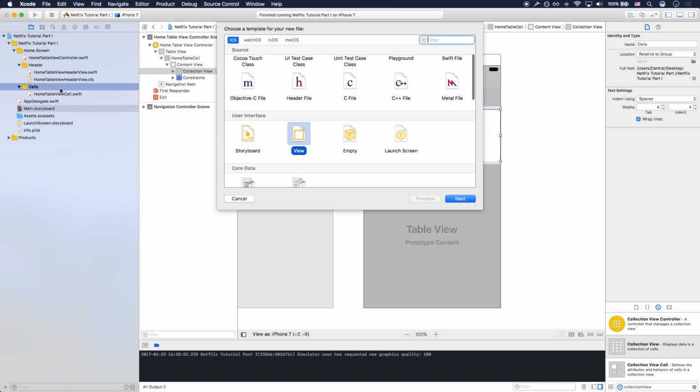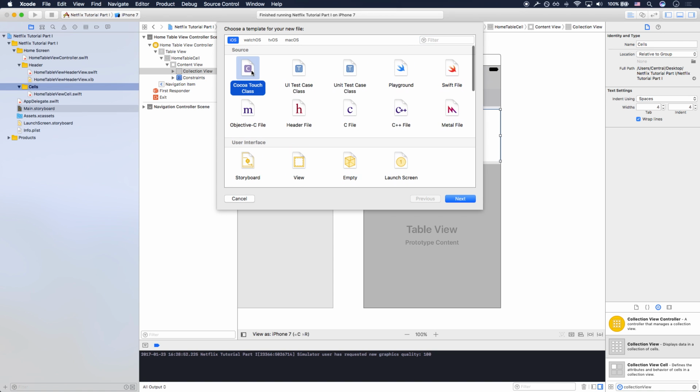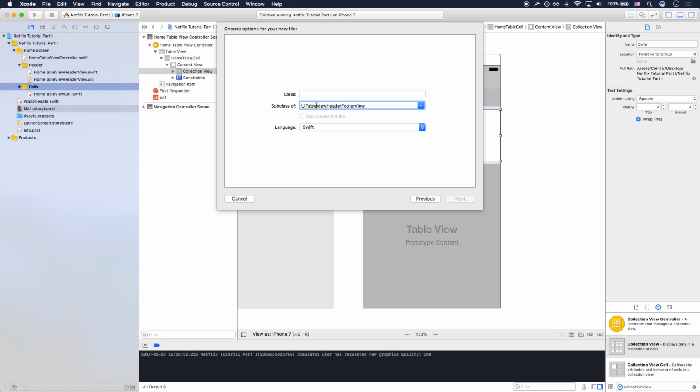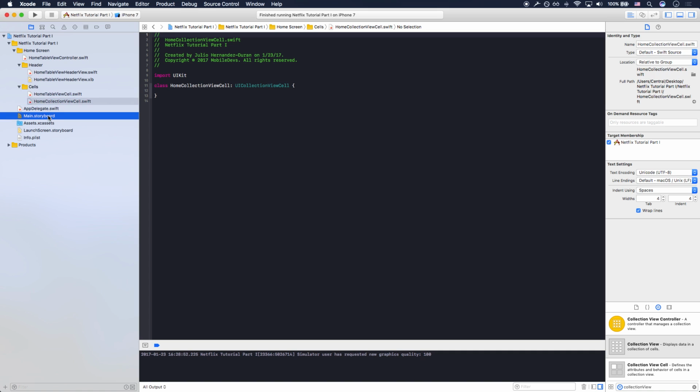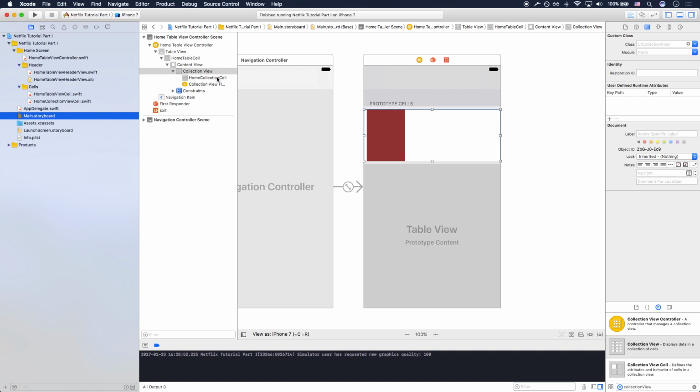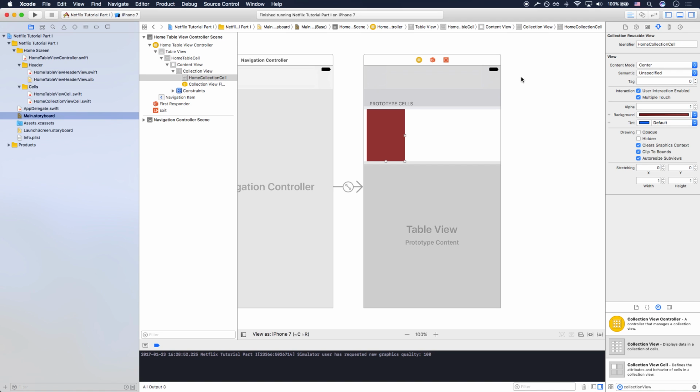Let's go ahead and create a new custom class for that specific collection view cell. So I want it to be a subclass of UICollectionViewCell, and I'm going to call this HomeCollectionViewCell. Go ahead and create that. It's going to take us to it. Head back to main.storyboard, and let's hook up our collection view cell to that custom class. So Xcode, once again, nice enough to go ahead and auto-complete that for us. So now that we have that,